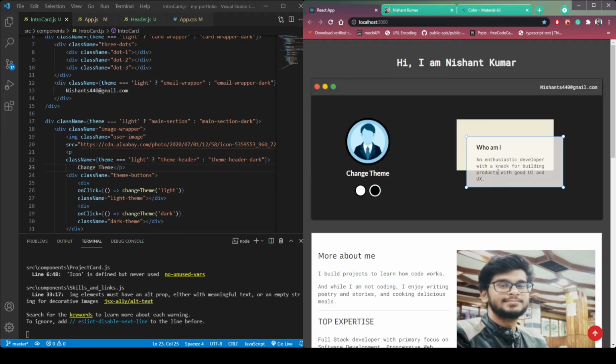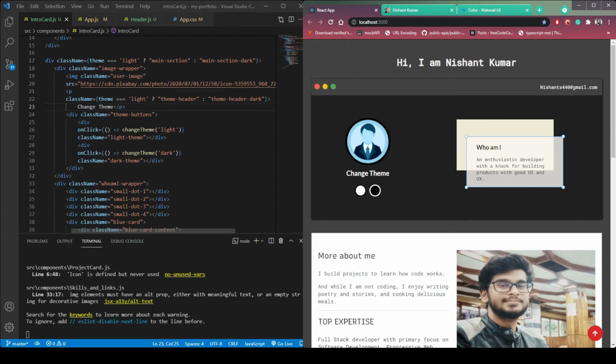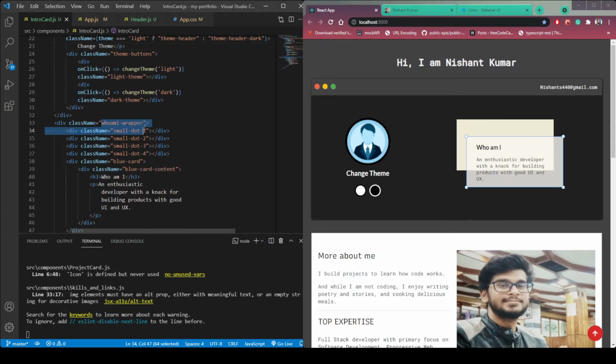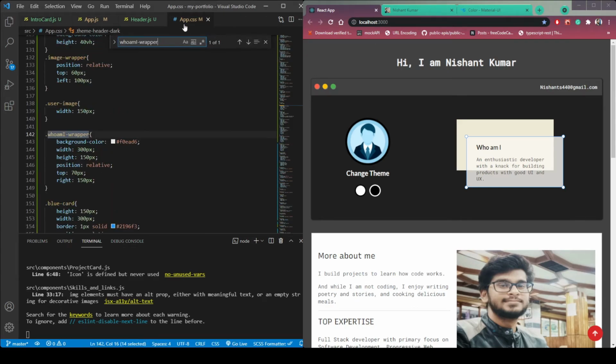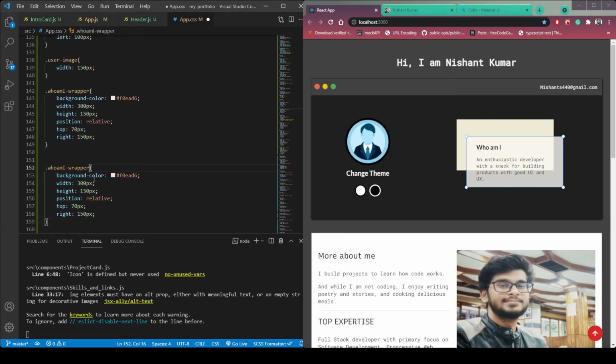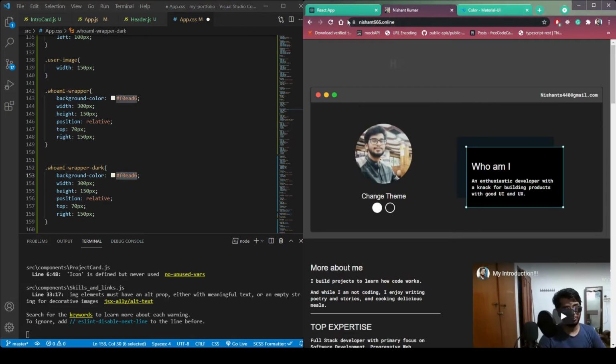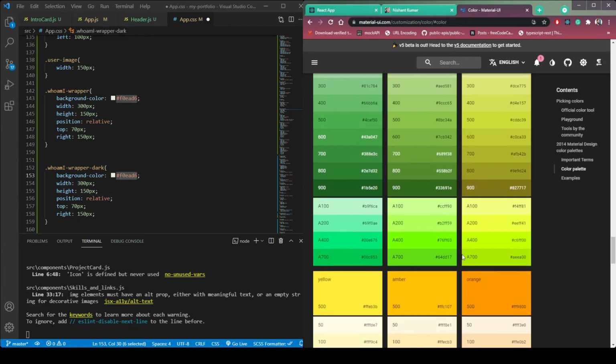Now let's change the text or the color of this cards, who am I card. So copy this who am I wrapper and search the class name here in m.css. Copy this, make it one more for the darker version. So dark. Background color should be, let's check this color, materialui.com.